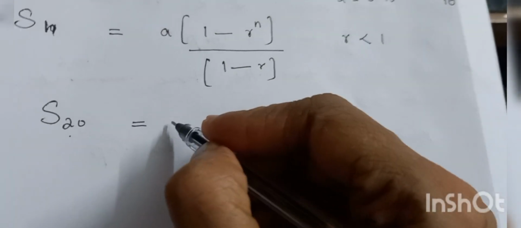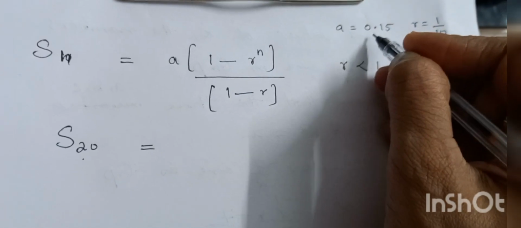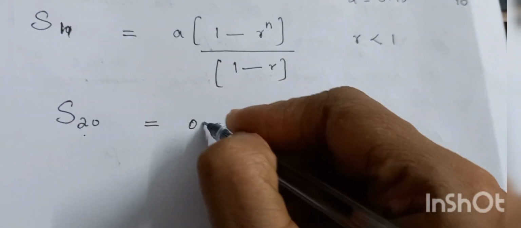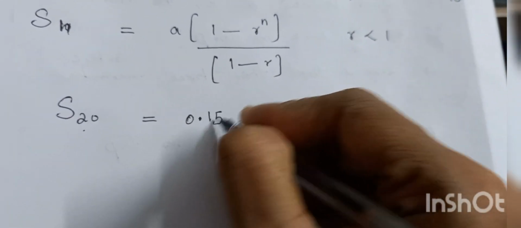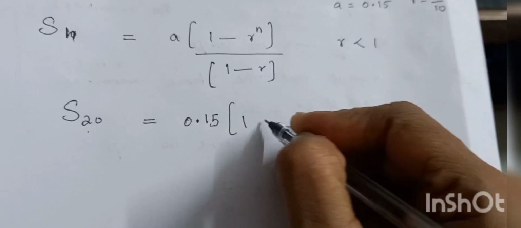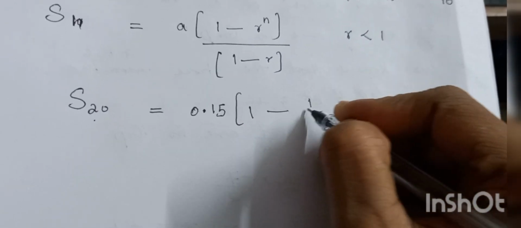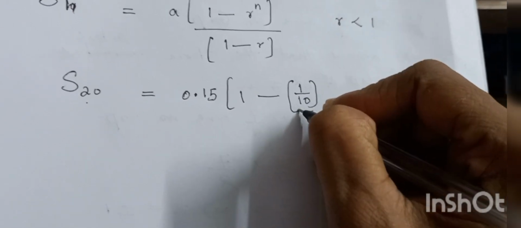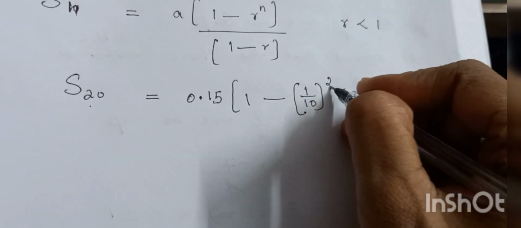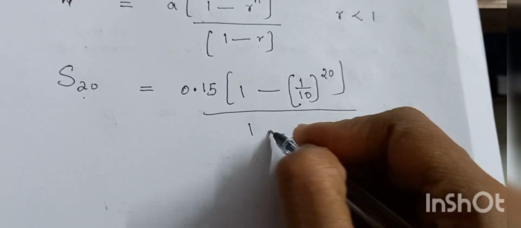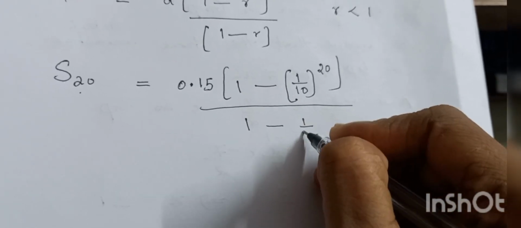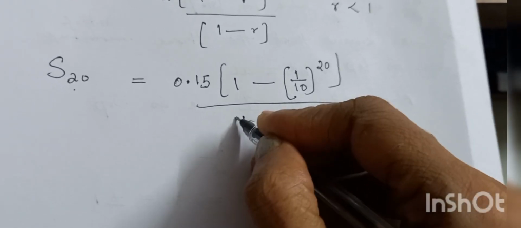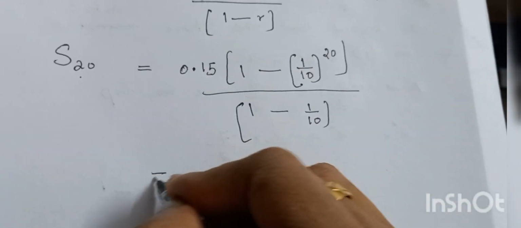So S20 is equal to A into, what is A over here? A is equal to 0.15 in bracket 1 minus R to the power n. What is R over here? 1 by 10 whole to the power 20 whole divided by 1 minus 1 by 10, which is equal to